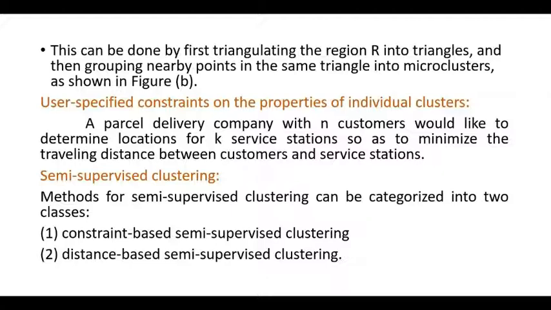It relies on user-provided labels. Constraint-based semi-supervised clustering uses user-provided labels or constraints to guide the algorithm toward a more suitable data partitioning. It includes modifying the objective function based on constraints, or initializing and constraining the cluster process based on the labeled objects. These are the constraint-based semi-supervised clustering methods.